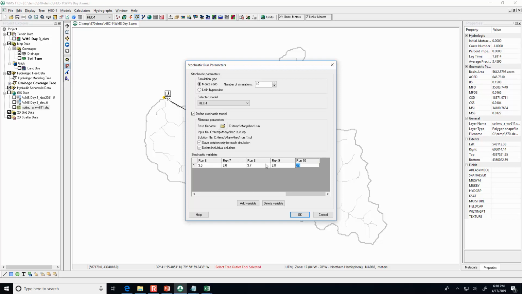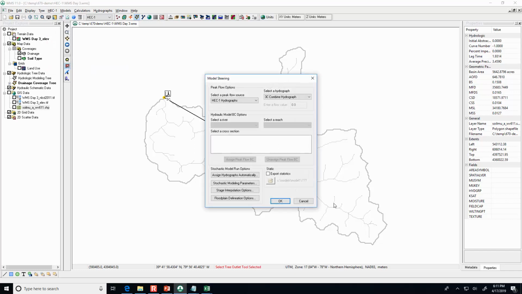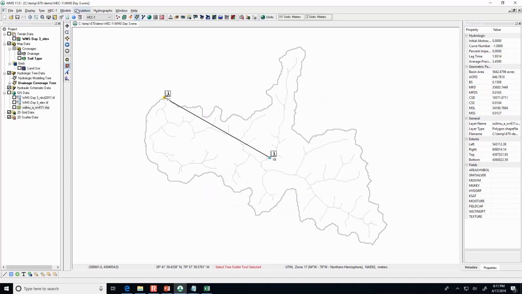For the runs. So now each run, instead of being random, is kind of like we just want to find out what's going to be the effect of our own distribution of rainfall. And then we can run the stochastic model. Oh wait, first delete the previous hydrograph because otherwise they're going to be on top of each other.